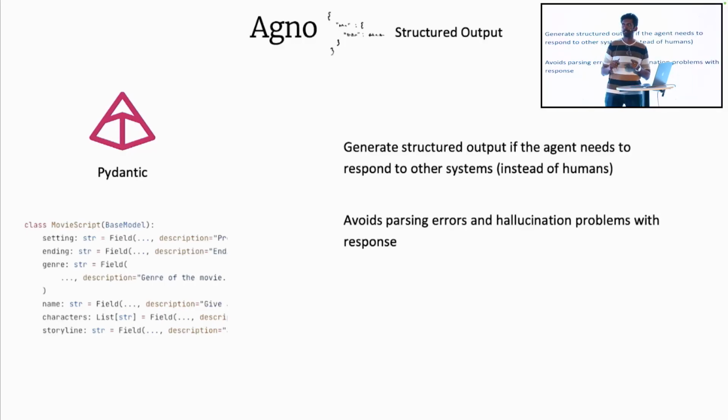So the idea is this. You give a Pydantic model to it, a definition. Basically, if you see there, I'm giving a definition here saying that there is a movie script, and the movie script class is supposed to have only settings, ending, genre, name, characters, and storyline. That's all. In programming, that's what we do: we define a model, we fill it, and we send it as a response. So you define a model and give it to the agent using Agno,